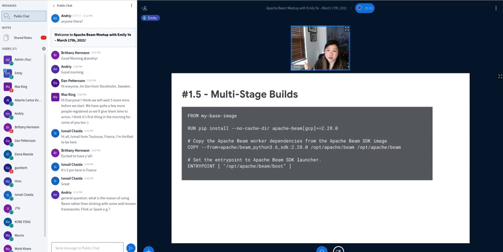A variant of this, say if there's something about the base image that you want to change, is basically using multi-stage builds. This is also in the Docker documentation. I did not put a link on the slide, but I will later. But basically, you can use multiple images, so say you already have a base image. So this is my base image, and you can run to install the SDK on it, and then you can copy over the dependencies from the actual SDK image. I don't know why I switched Python versions for this particular step,